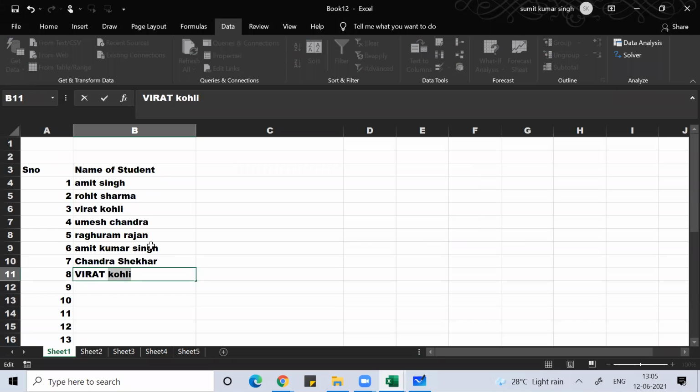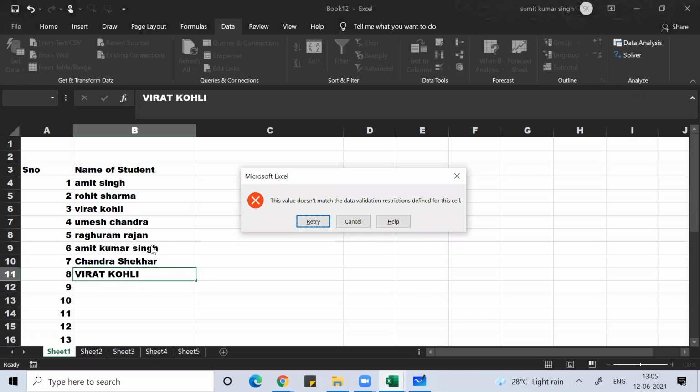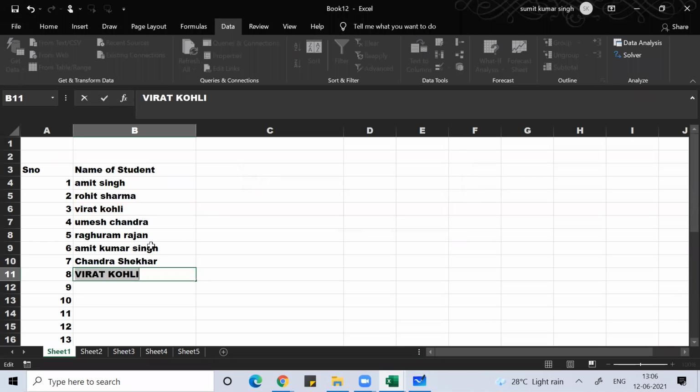Virat Kohli. If you mix capital letter and small letter, it will not work. Can you understand, guys? So this will make sure that you put unique values only.